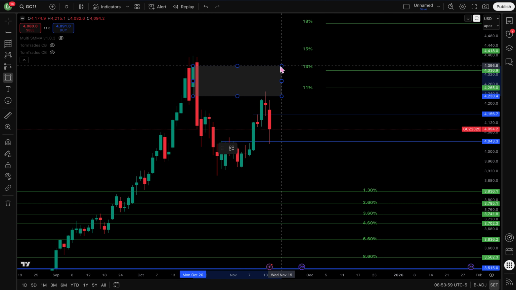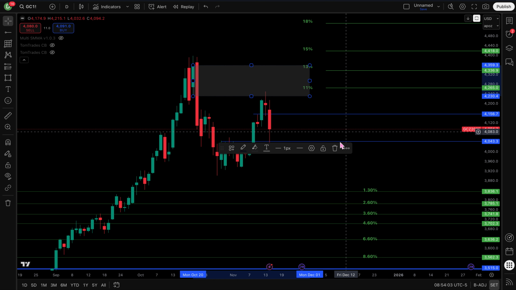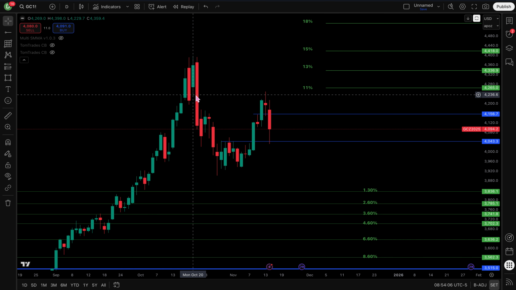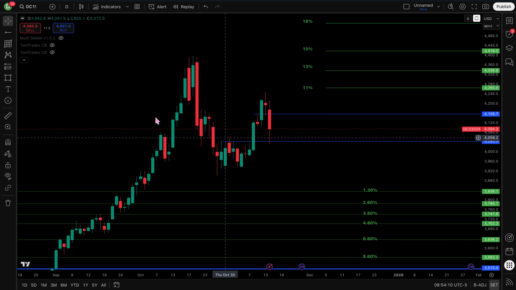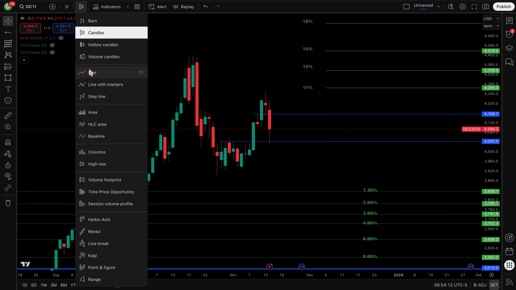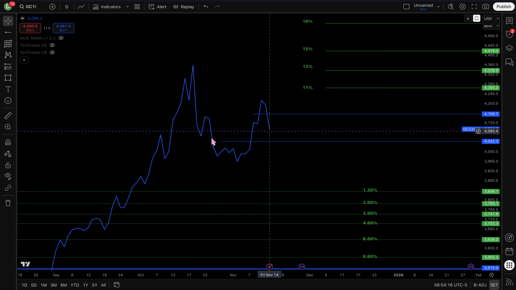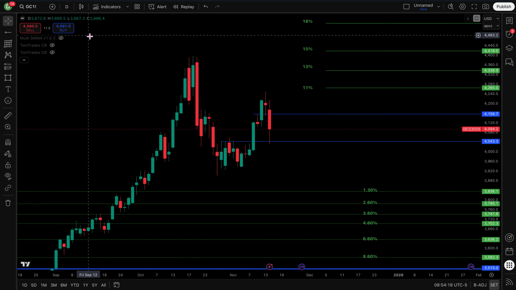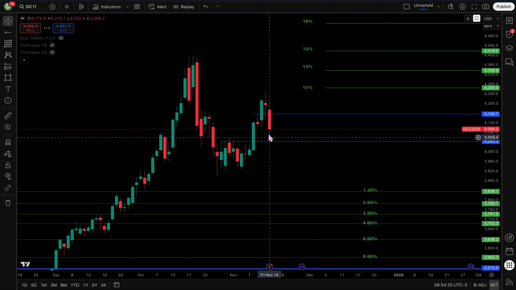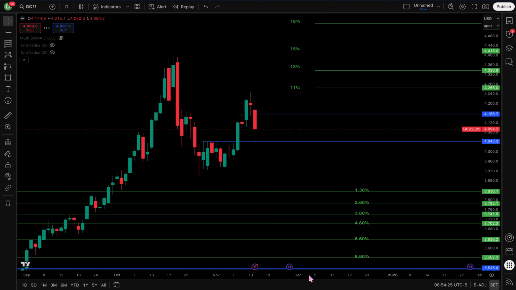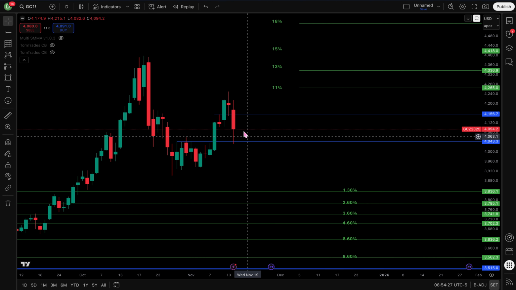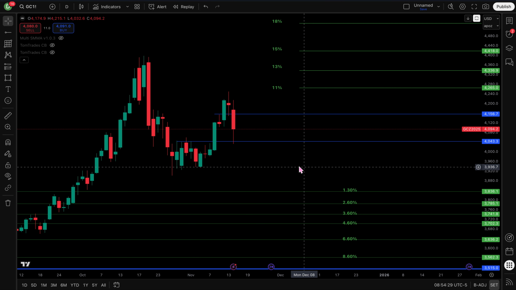This is an area where price reacted off of, which we know. So the fact that this is the area, we know that we're coming off of this, but then we also come into a support level as well. Just look at this. We can see that price came down and then we came up. Now we're back on this support level. But we did close bearish on this previous candle. So even though we're on a support level, price can easily push up